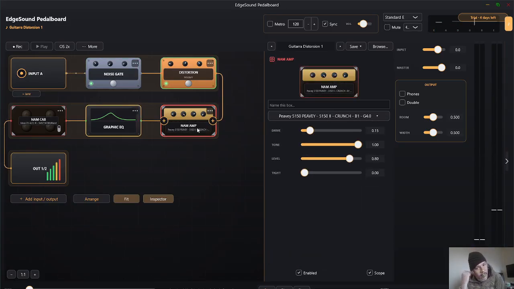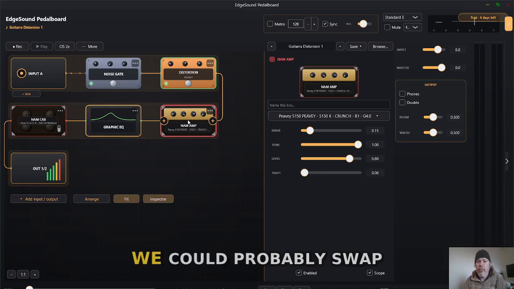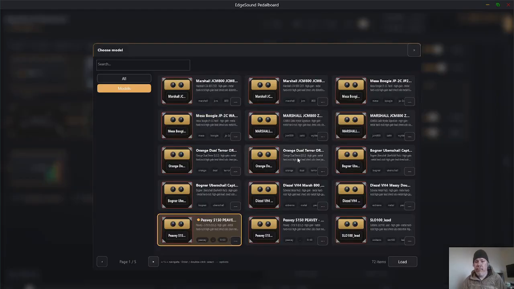This amp comes with a whole lot of gain. We could probably swap it out.